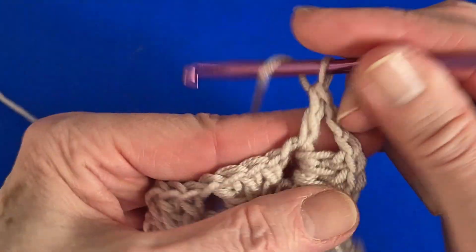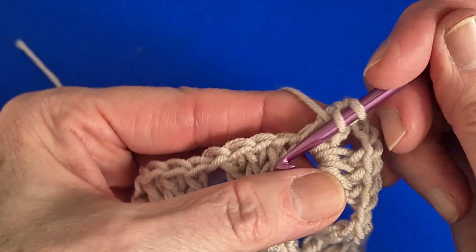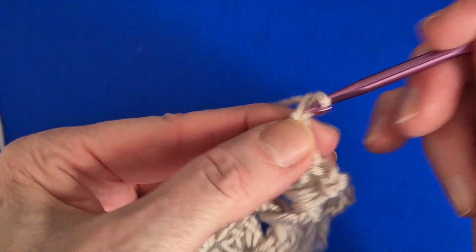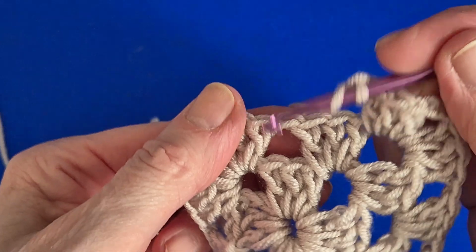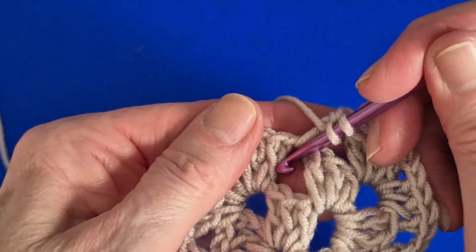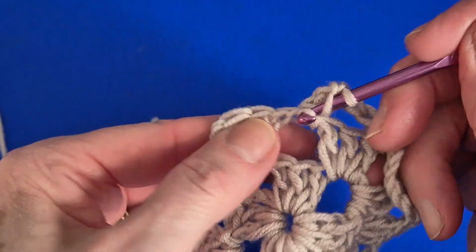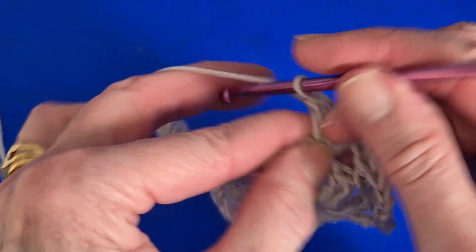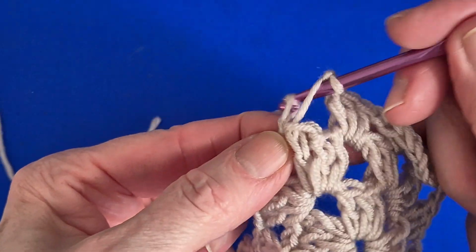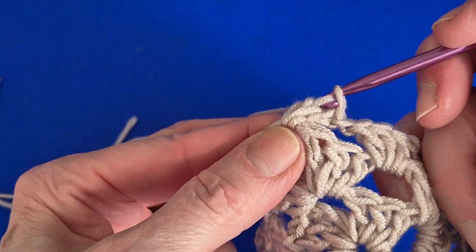Rotate your work, and then work another 3 double crochets and a chain 1, and then work another set of 3 double crochets in the next space down the side, chain 1, and work a set of 3 double crochets into the corner,